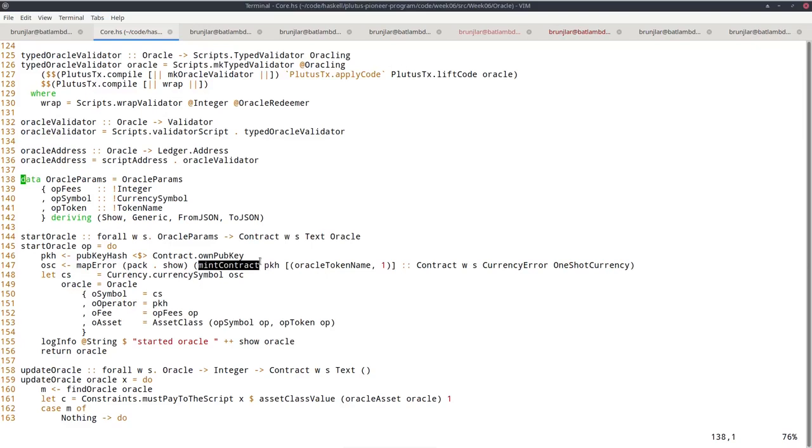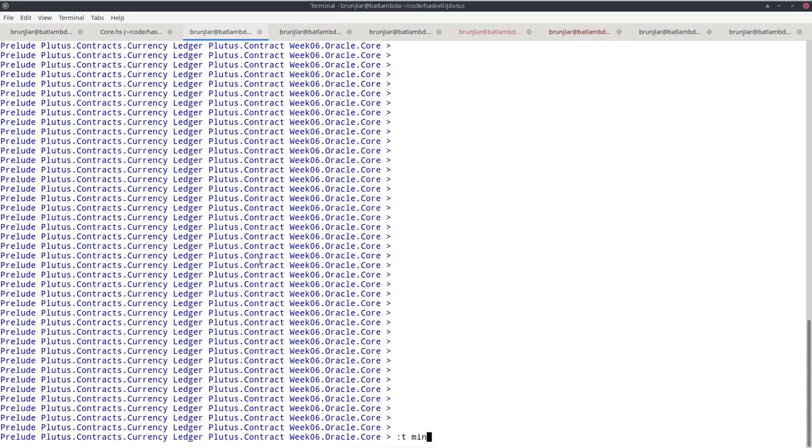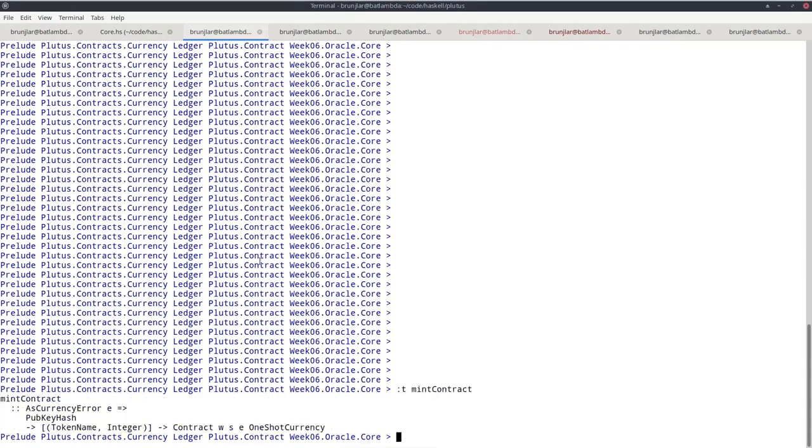Actually, it's more general. If we check in the REPL for the type of mint contract, we see it takes a pub key hash. That is the pub key hash of the entity that will end up with the minted coins. So we will just use our own, the wallet's own pub key hash there. And then we see it takes a list of pairs of token names and integers.